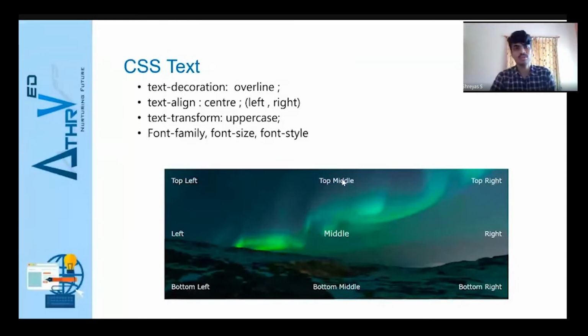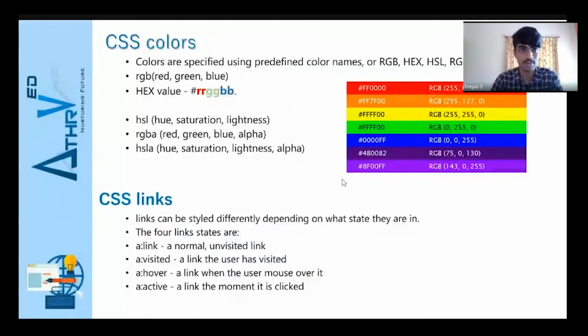So CSS colors. This is one of the most important concepts when it comes to CSS, that is, we can use colors. There are different ways in which you can write colors in CSS. One is the RGB method, and one is the hexadecimal value. The most used is the hexadecimal value. In that, first comes the hash, and then the color. It is given in terms of 6 characters, which can be either alphabetical or numbers. The first 2 characters are dedicated to red, the second two are for green, and the last two are for blue.